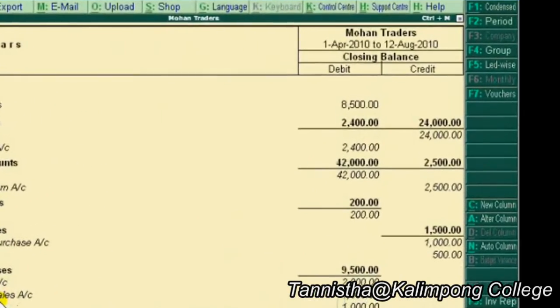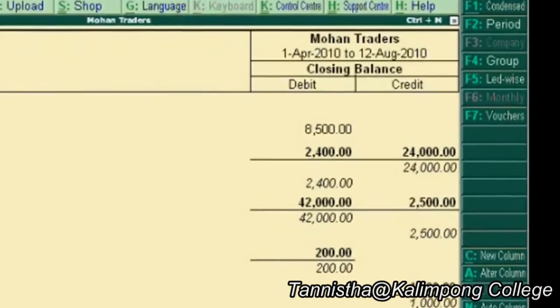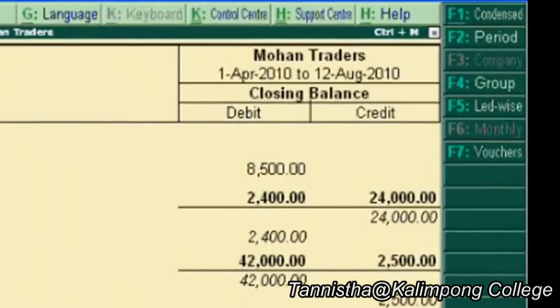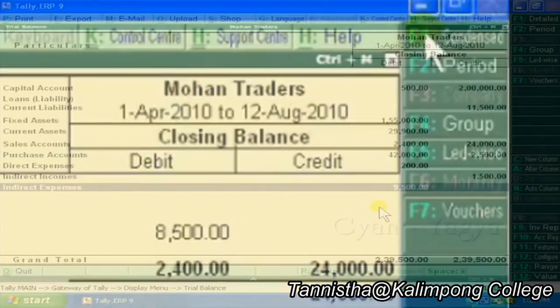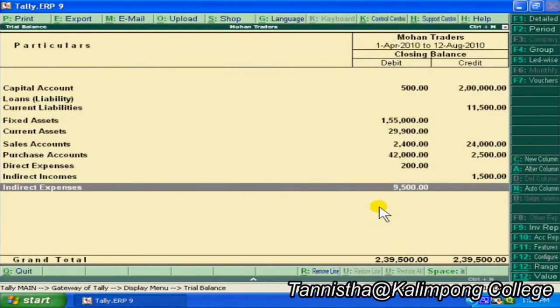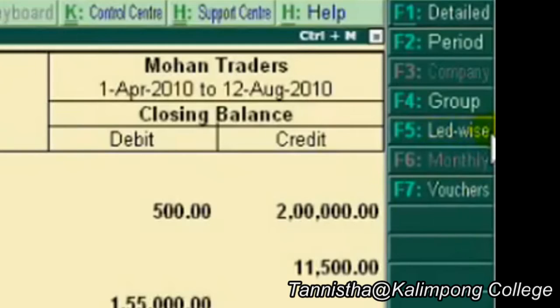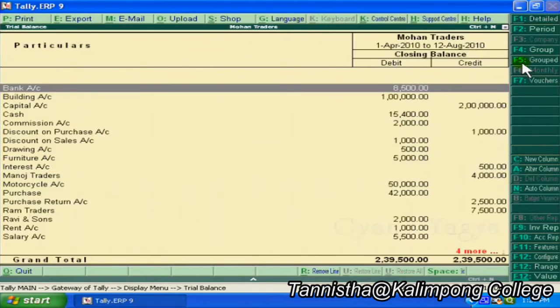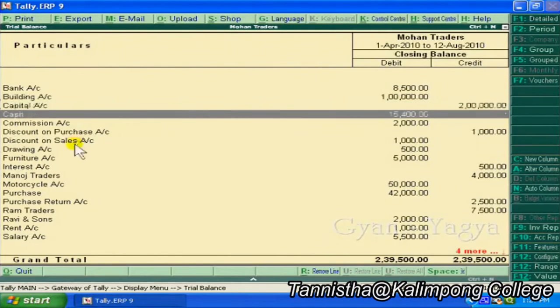Again, if we press Alt F1, it will get condensed and return to the previous step. So far, we have gone through the details of various groups. Now, if we want to see the detail ledger-wise, press F5 key. Now, you can see all the details ledger-wise.